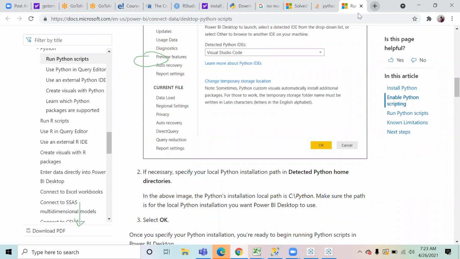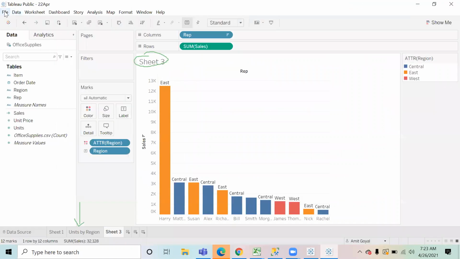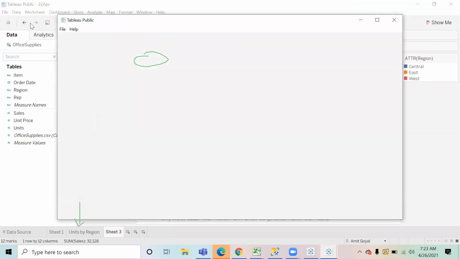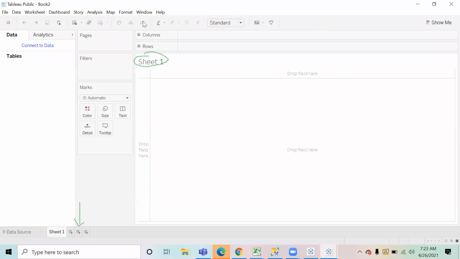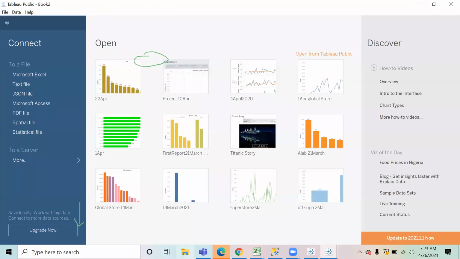Okay, so we are going to create a new sheet here, right? New file. You have to open a new file. Okay, new file altogether. So this previous one, you can save it and close it. So first of all, I'll give you a little bit of an idea what the data is all about.